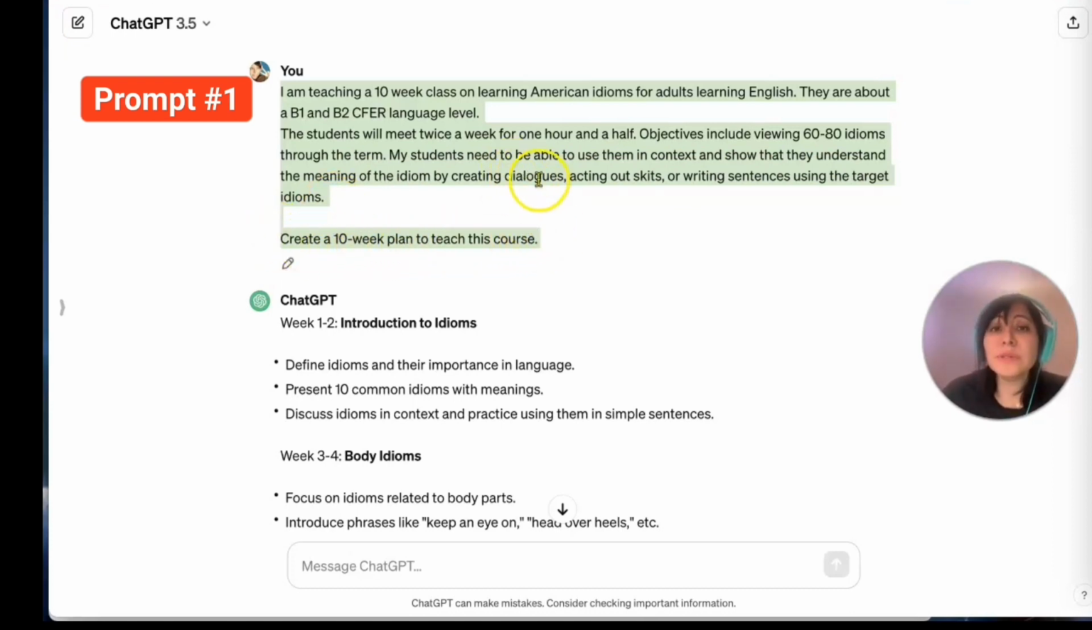Now, you'll notice that I already gave it an example of how I would like my students to demonstrate that they understand the idioms. And I have here activities that require that my students produce something. Right after that,